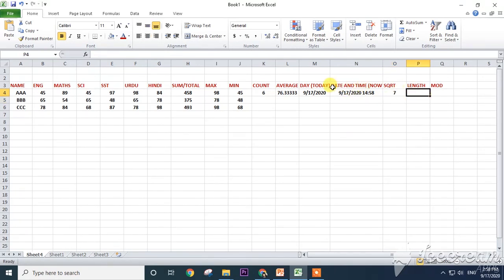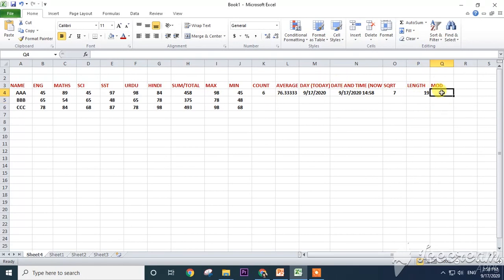Length, find this: how much length is there for this one? Equal to LEN, length of this one. Cell address we need to go. I selected N3, close the bracket.